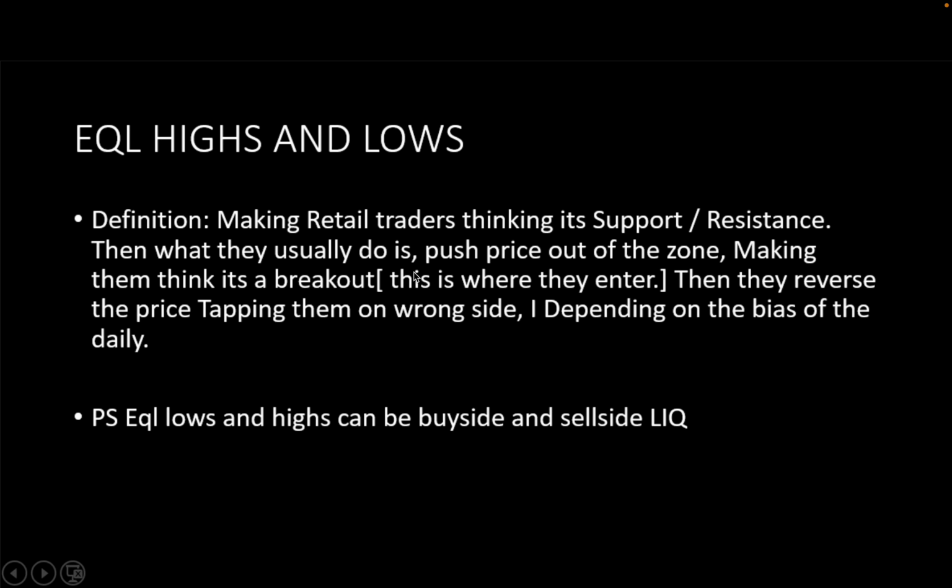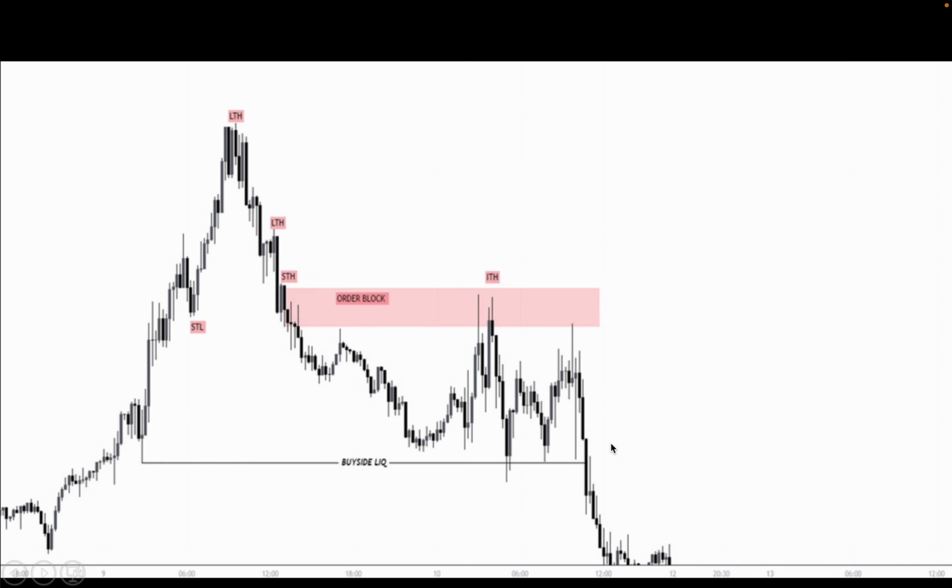Then what they usually do is push price out of the zone, making them think it's a breakout. This is where they enter. Then they reverse price, trapping them on the wrong side of liquidity. It's basically like a very big Judas swing, right? Putting them on the wrong side of the market. P.S. Equal lows and equal highs, or relatively equal highs or relatively equal lows, can be buy-side or sell-side liquidity. Now,